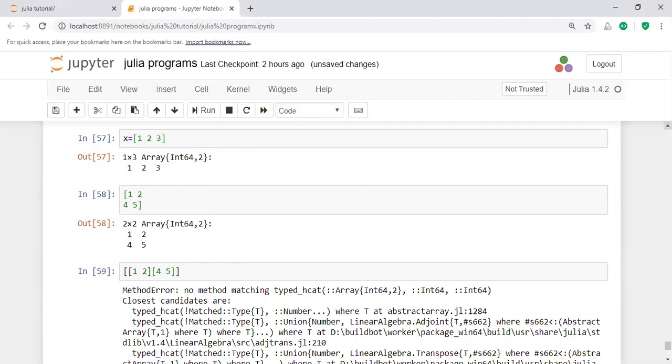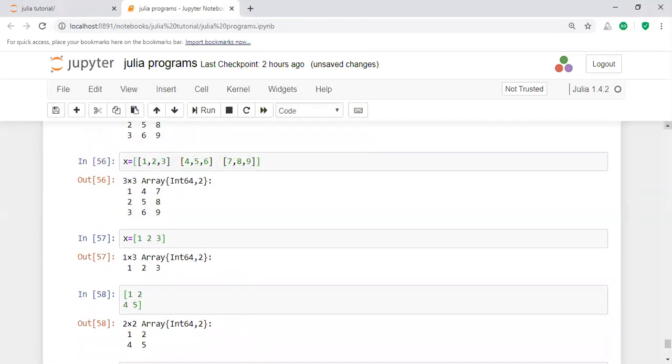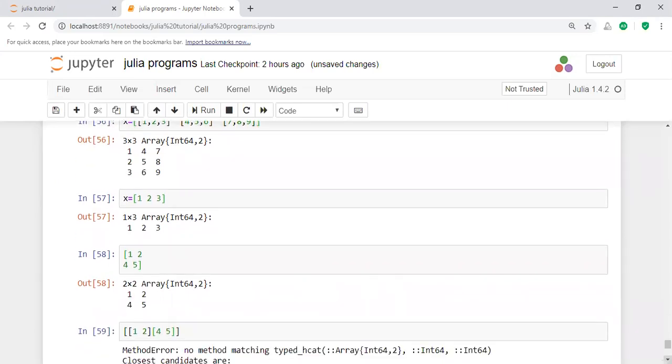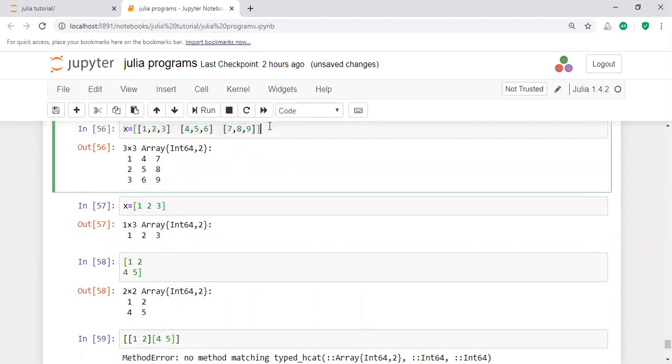What is the error here? No method matching. What is that problem? A simple problem. Okay, there is some error. Take this one, for example, 2 by 2, 1 2.